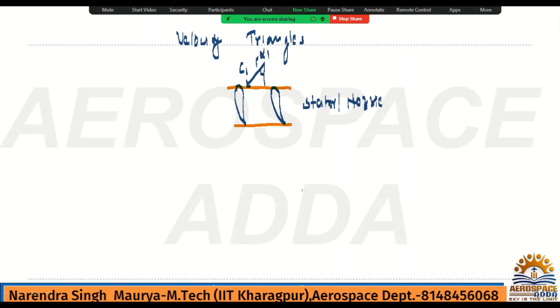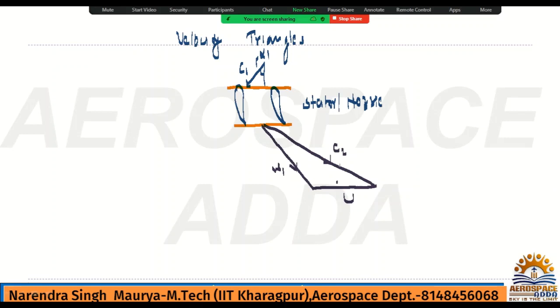Similarly here you can draw. So this is the velocity component, this is the relative velocity, here it is W1, this is the blade speed u and this is the absolute velocity